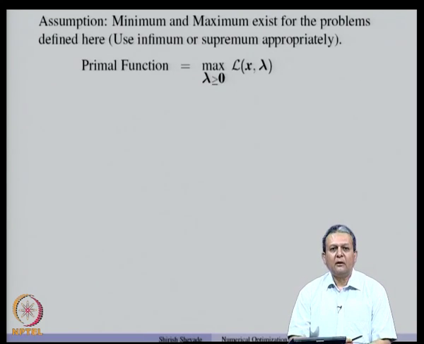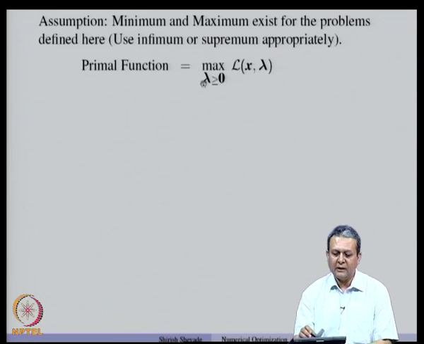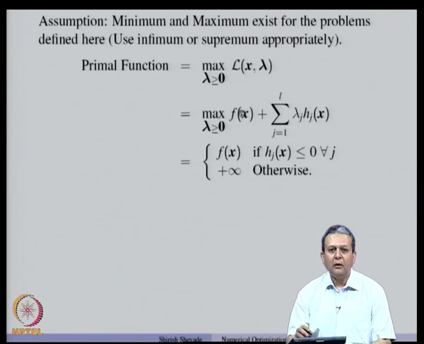Now, the primal function, as we saw earlier, is that the primal problem is min max of the payoff function psi x y. So, the primal function is max of the payoff function. In this case the primal function is max of L x lambda, where L is the Lagrangian and lambdas are non-negative, and that is nothing but max of f x plus sigma lambda j h j x, and if h j x happens to be less than or equal to 0, then this quantity will always be less than or equal to 0, and therefore, the maximum of this objective function will occur at f x